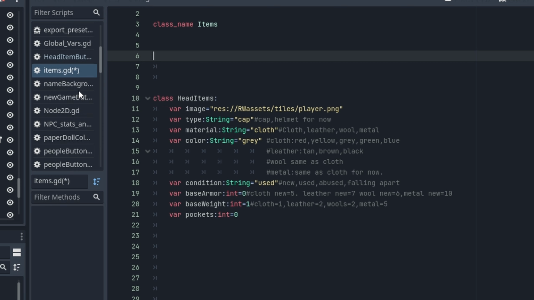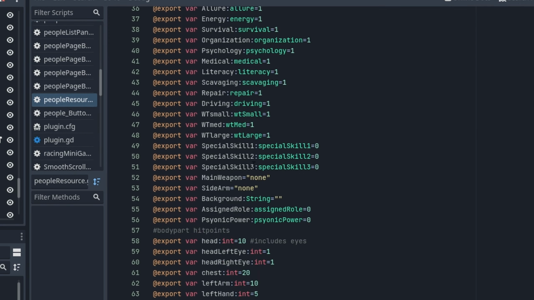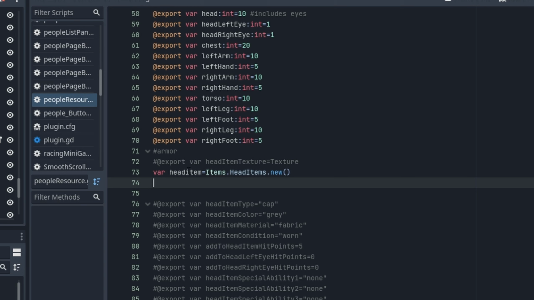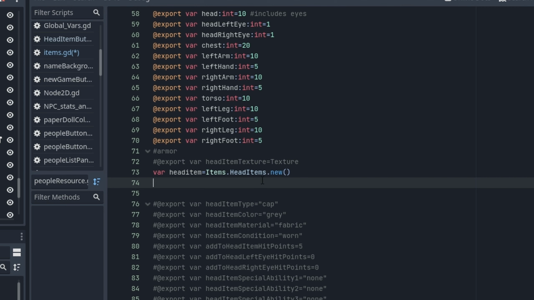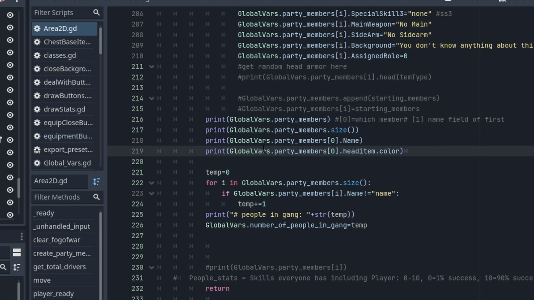So how does this work? This is where it gets complicated. People resource is then taking, as head item, the class name items, and it's going to take the head item out of that class name and create a new one. Now what this means is that in area 2D, which is where I'm creating everything, you can create